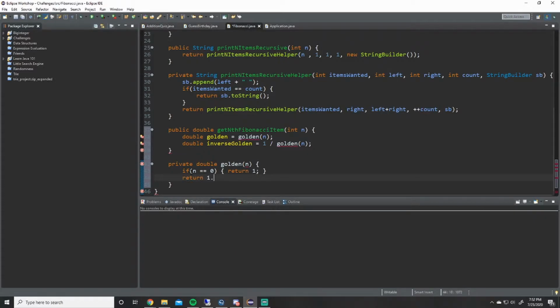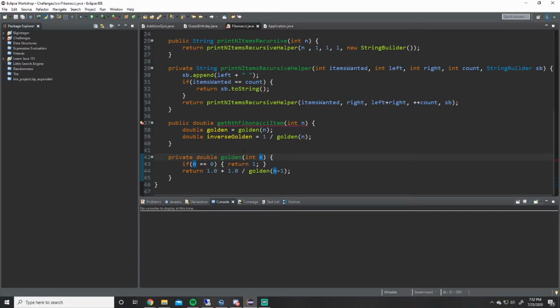Else we return 1.0 plus 1.0 divided by golden n minus 1. And this is actually going to be an integer, so that's how that works. And what we need to return here is